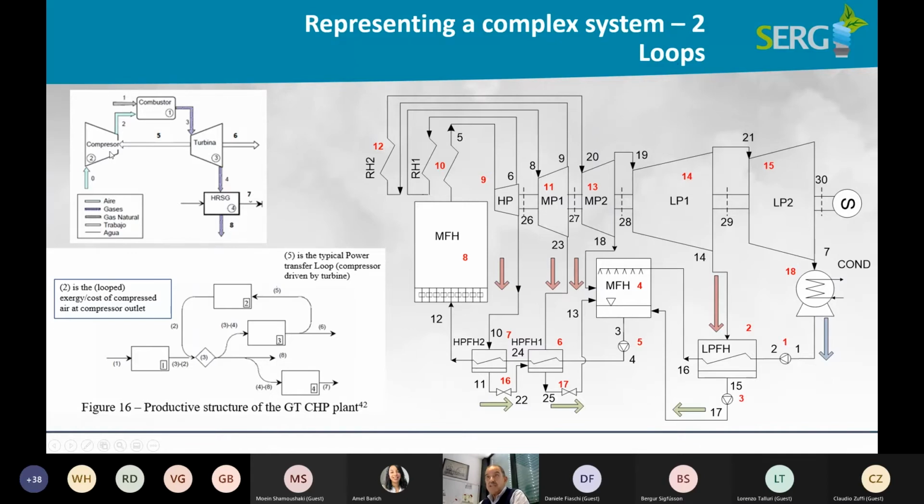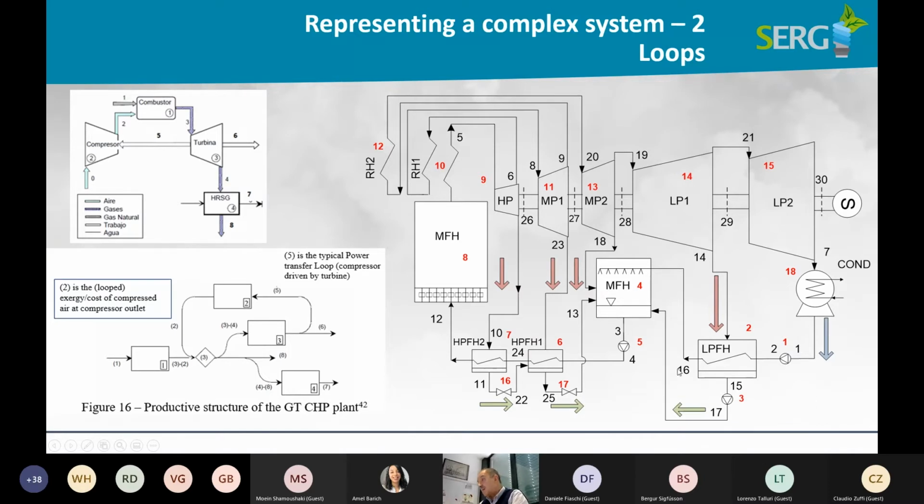A typical loop, for example, here there is a gas turbine, and the typical loop is that the work for moving the compressor is provided by the turbine at the same cost as the cost of electricity which is generated. And at the beginning, you do not know what is the cost of the work for driving the compressor. So from the topological point of view, there is this type of loop which is feeding back the work produced by the turbine to the compressor input. But this is a teaching example I take from the course I give.